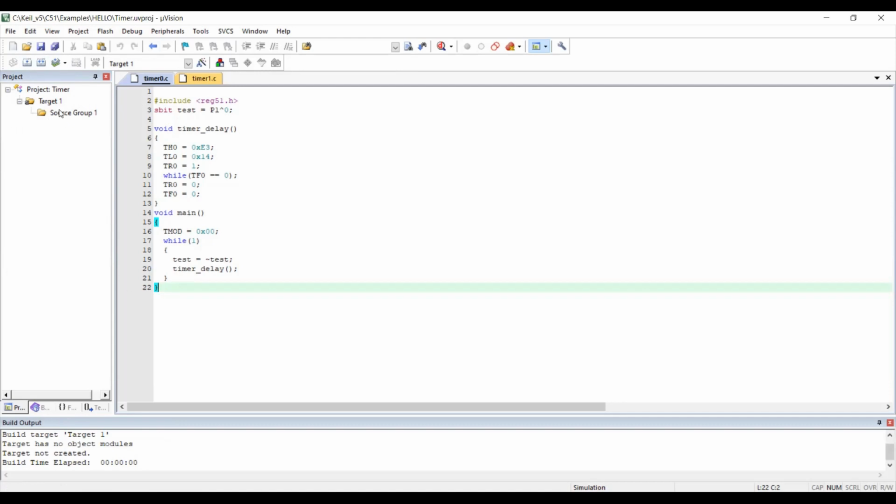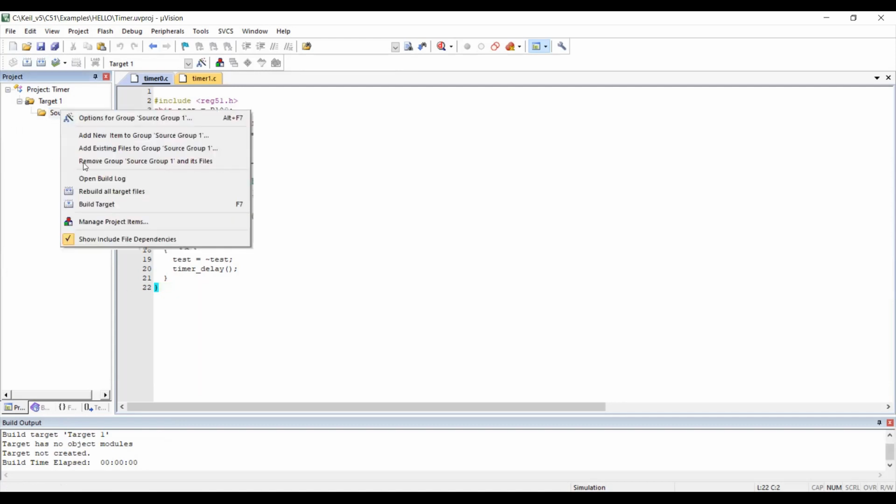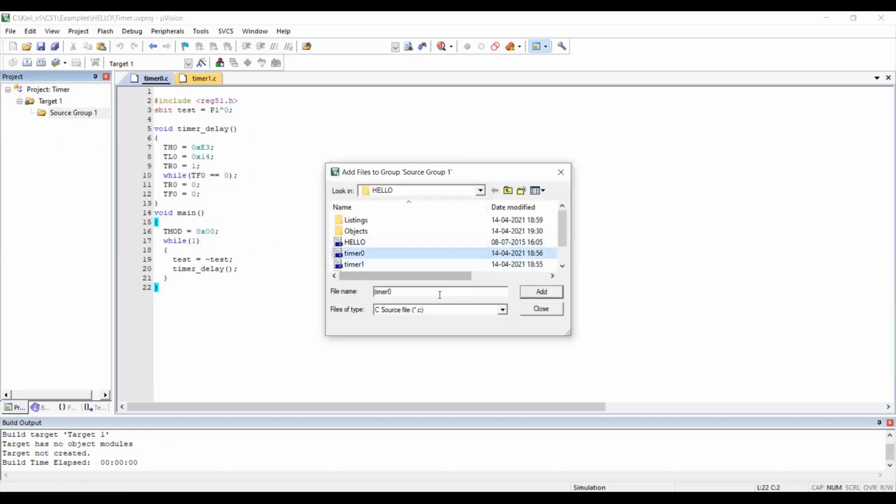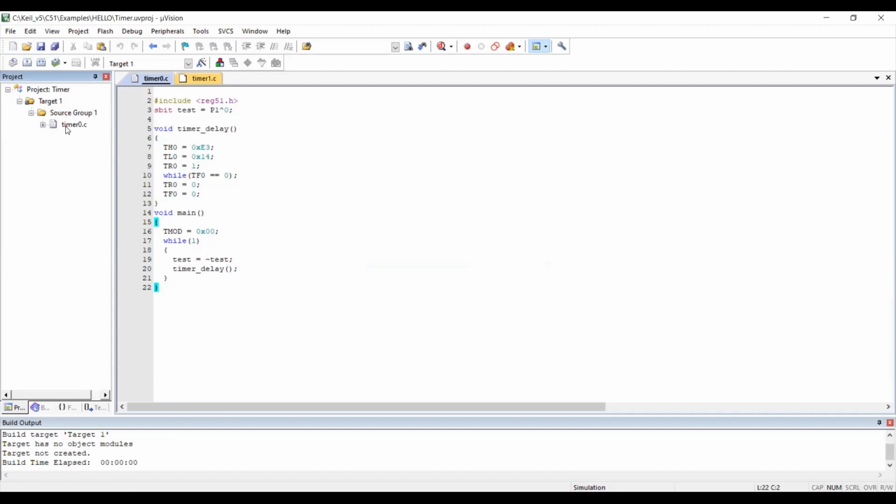Sorry, first we have to add the file in which we have written the code to Source Group 1. Now we see the file is added, and now we build the code. We see there are 0 errors and 0 warnings, and then we run the debugging.